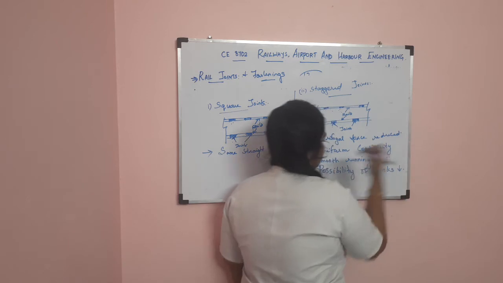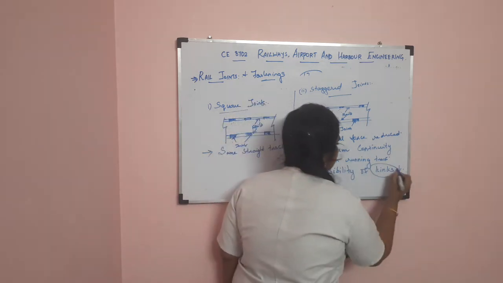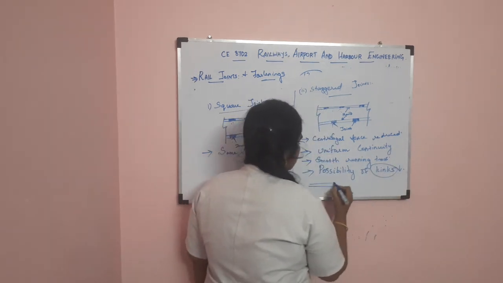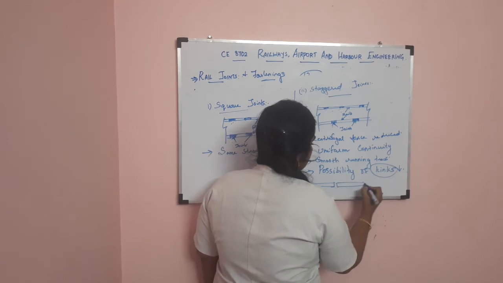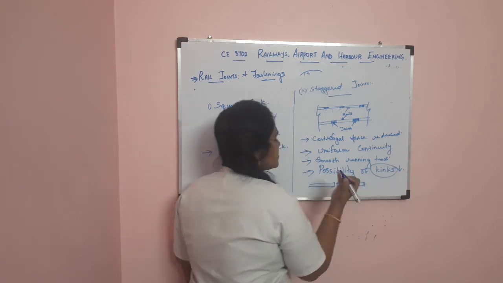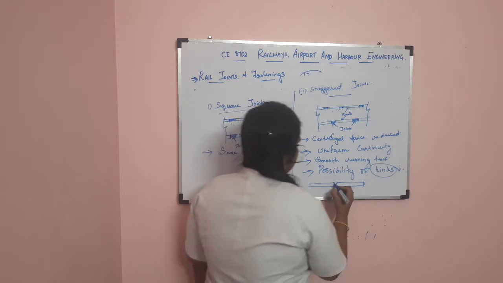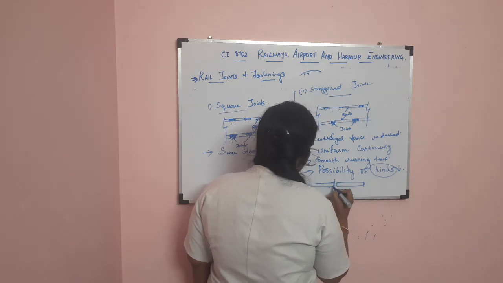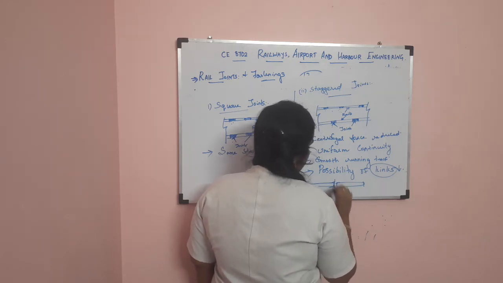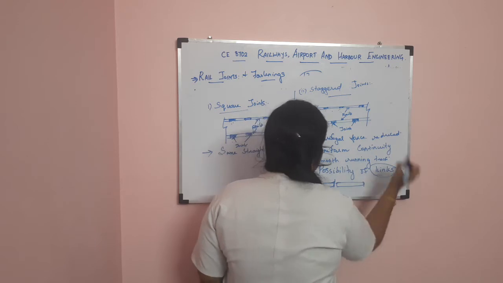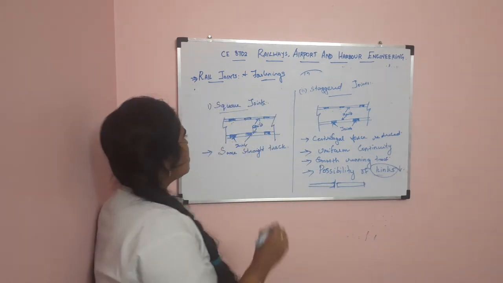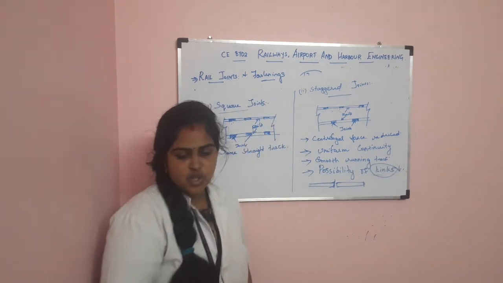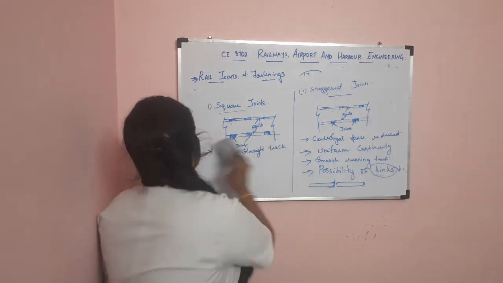What is the meaning of kinks? While joining the two rails, due to some factors, sometimes one rail may change its position, move up or move down. That is known as kinks. So this is about square joint and staggered joint, and the next topic is